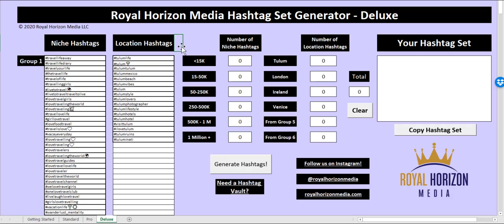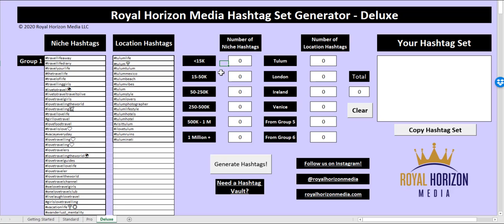This could be something that works for you if you had needed different locations for your post, or if you had another niche, that would also work as well. Or if you had two different brands that you could have brand 1's hashtags in column C and brand 2's hashtags in column E, and then you wouldn't have to worry about switching pages or anything. You'd have it all in one spot.